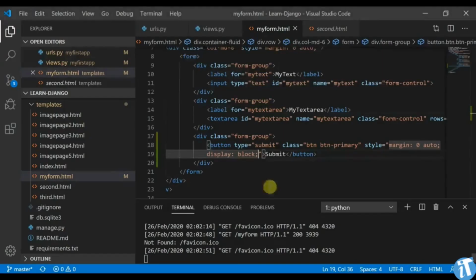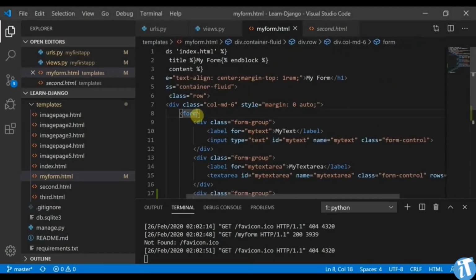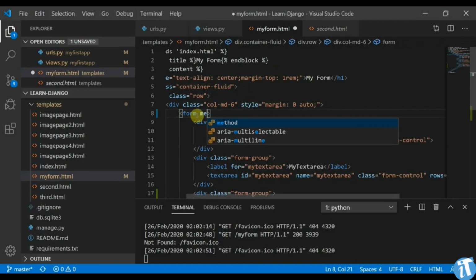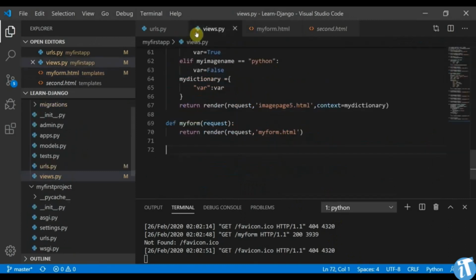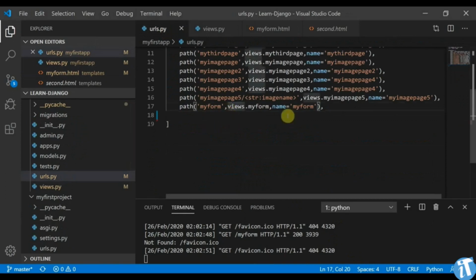And now till now I've only defined the form, and two things I'm missing in this form is one is the method and another is the action. So how you can work with these two things, we are going to cover in this tutorial. First I'll go to my views.py file and then urls.py. So I'll define a path here, path submit